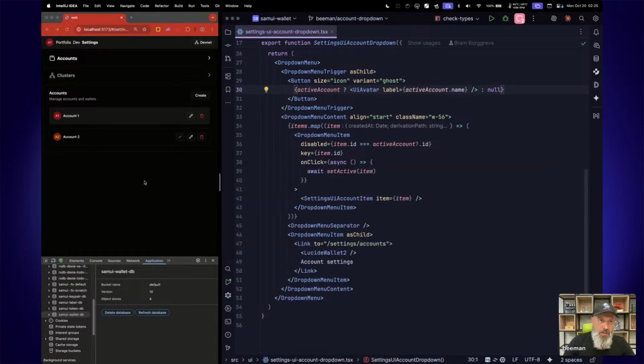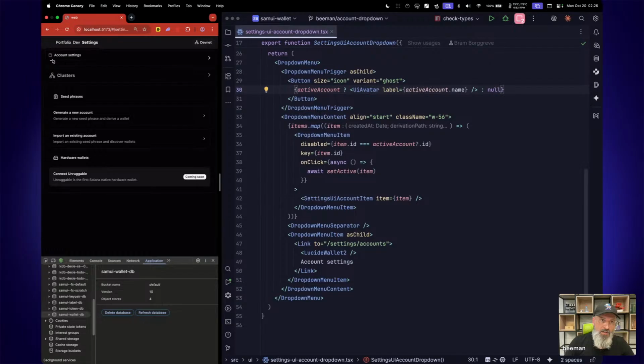Now, let's see how this actually behaves, because if we delete our database, which I've been doing all the time, now it's indeed not showing anything, but it does render. In the future, you won't be getting here if you don't have an account set up, because we'll redirect you to the onboarding. For now, though, how I think I want this to behave